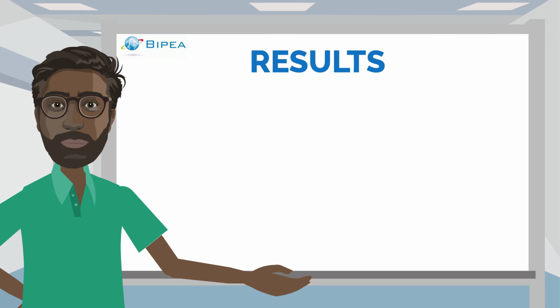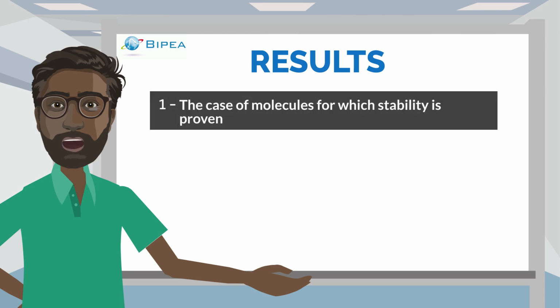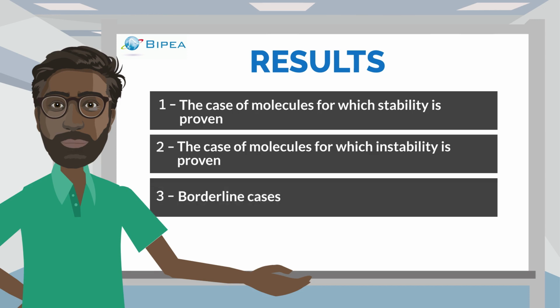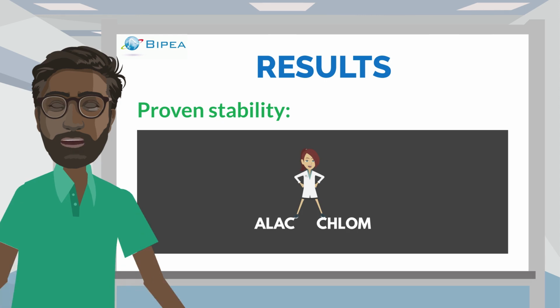Results highlighted 3 cases. 1. The case of molecules for which stability is proven. 2. The case of molecules for which instability is proven. 3. Borderline cases. Here are 2 examples of results according to the date of analysis and for the case of